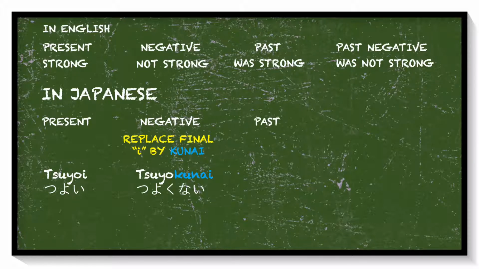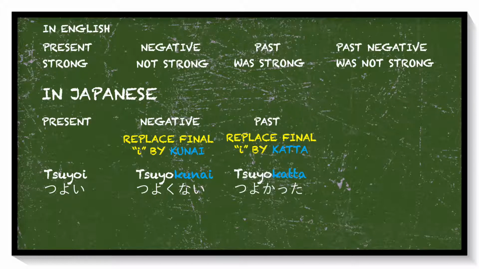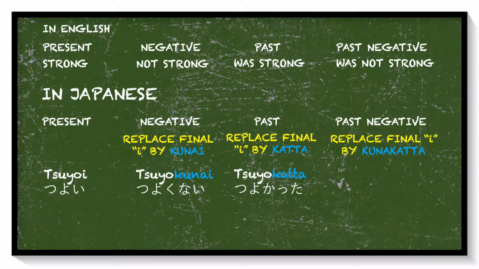Then, to make it in past tense, replace the final い by かった. So, it will be 強かった。 And lastly, to make it in past negative form, replace the final い by くなかった. So, it will be 強くなかった。